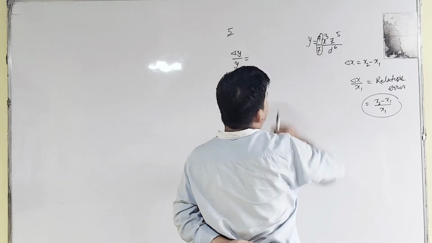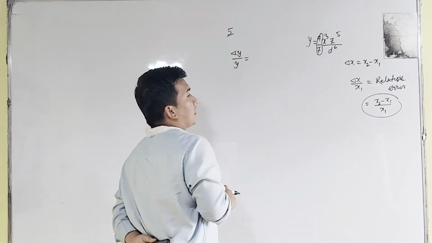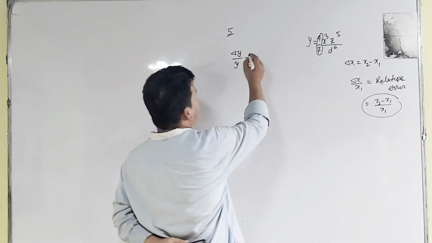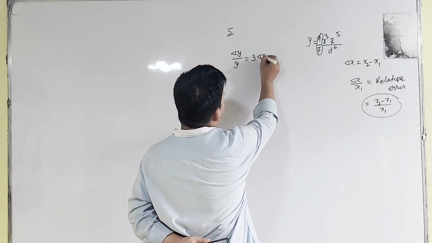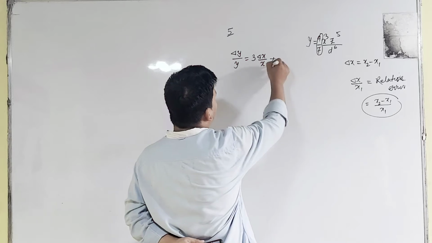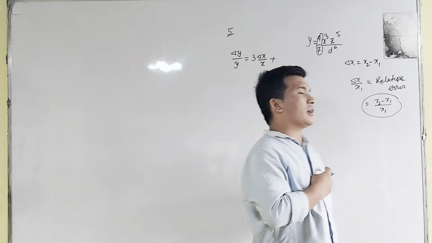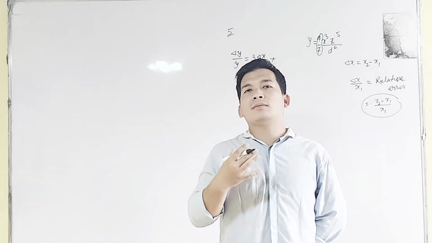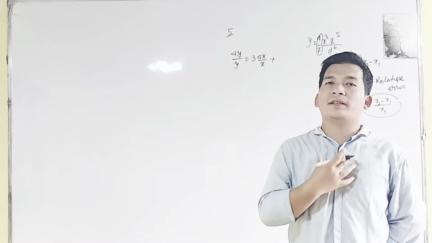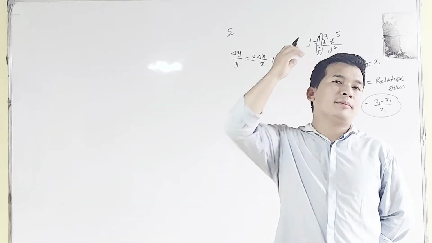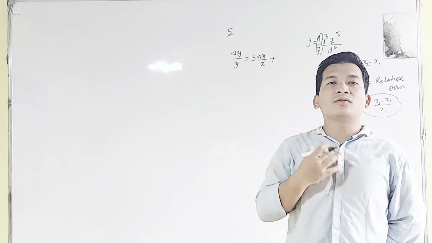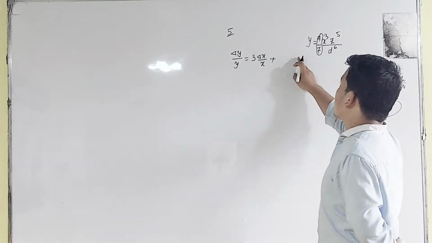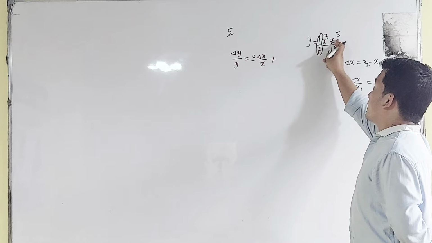This variable x is raised to power 3, so it will now be converted as 3 times delta x divided by x. Also, you should know that in relative error calculation, whether the variable is in multiplication form, addition form, subtraction form or division form, it doesn't matter. The relative errors of all the variables must be added to find out the relative error of the given function y. Here we have variables x, z and d.